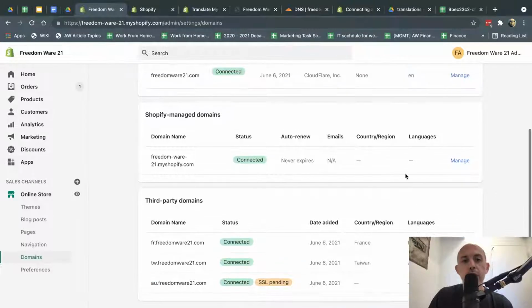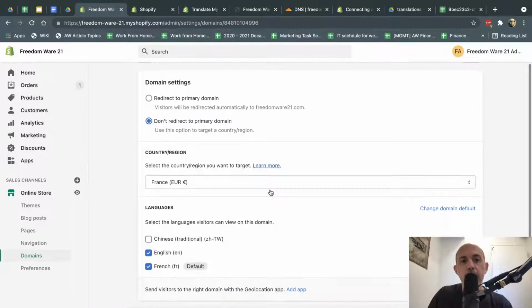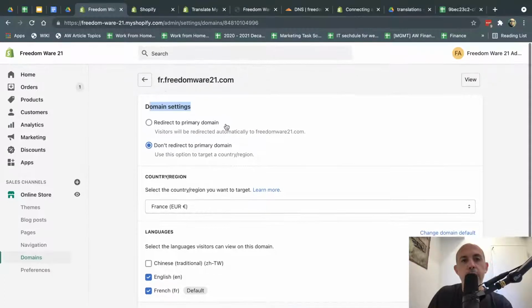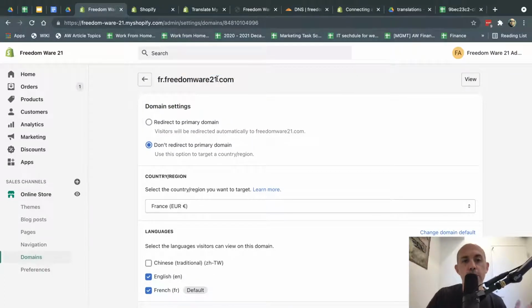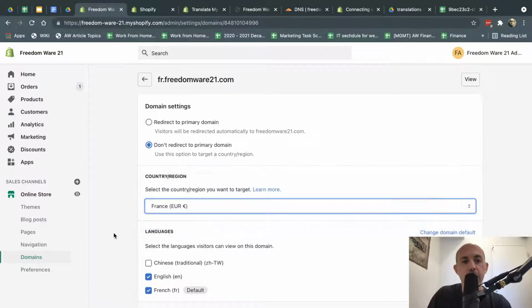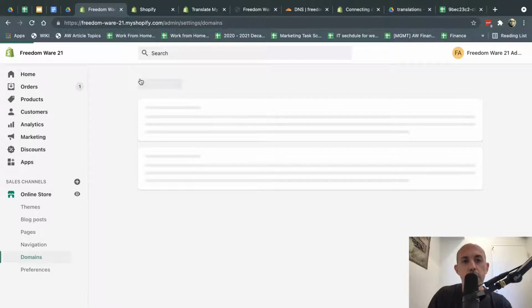Now, the next thing you need to do is once you set up all of your domains for each country, you're going to click on manage and you're going to connect. You're going to, first of all, set it to don't redirect that domain, which means if someone goes to FR, don't take them to the regular English site, keep them on the French site. And then you're going to specify what is the currency for that country, for example, Euro, because these are the currencies we've set up in settings. And then what languages apply. You can select one or more languages that apply. These are all the currency settings that we created, and these are the settings for languages we created, and you can do that. And then you can go there, okay?